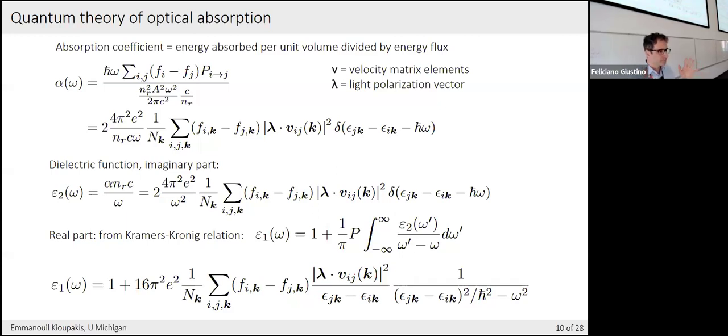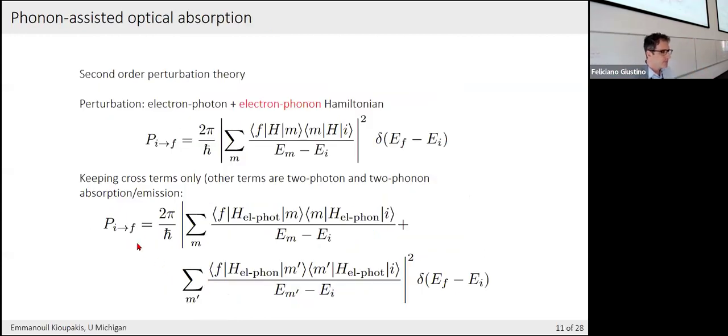Okay, so far we're talking about direct absorption. So the sum is over only one wave vector index, which corresponds to the wave vector where the vertical transition takes place. So now let's put in phonons. In this case, we have our initial state. The electron is in the valence band, and it needs to absorb both a photon and a phonon. So we have now two perturbations. So we need to go to second order perturbation theory